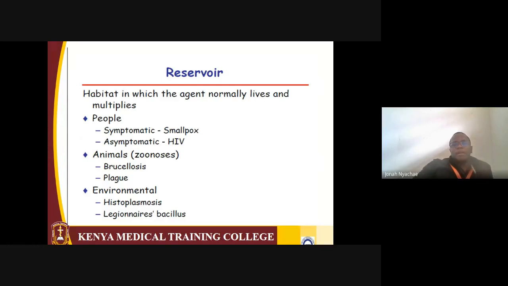So briefly, we shall talk about reservoir. We know along the process, we are also defining some terms or terminologies. So reservoirs are basically,